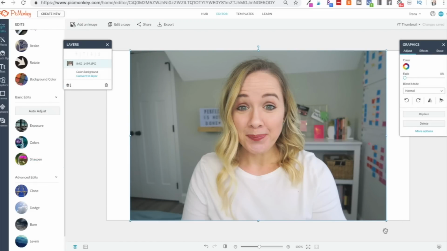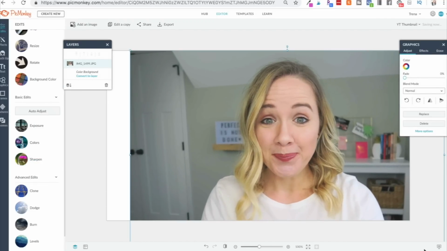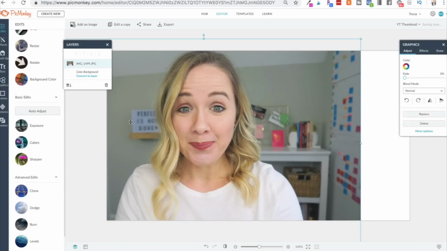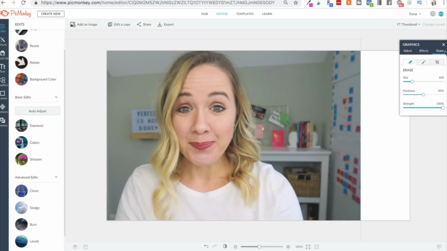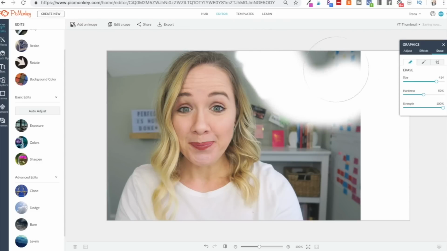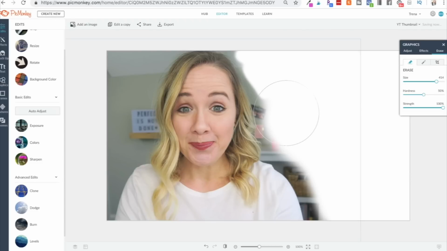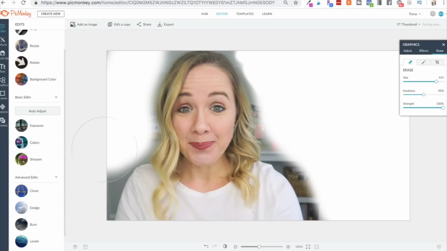The next thing you can start to do is maybe make this a little bit bigger. And let's say we want to take out the background. So what you can do next is come over to the graphics here and hit erase, and you can just start erasing all around you. You'll want to start with a larger size first because we can easily get rid of all this pretty quickly. So you'll just go through here, get rid of as much as possible, get as close to you as you can as you start to erase all of your background,